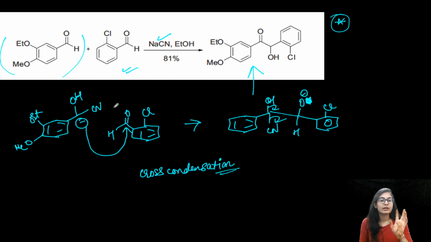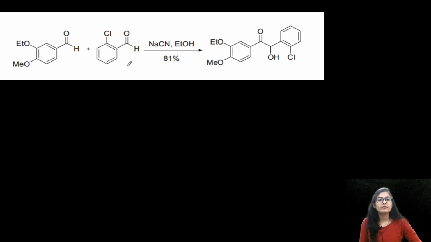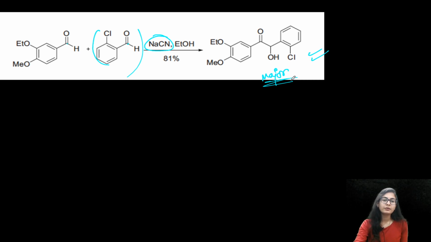If you are doing the same reaction, and if you are taking first of all this aldehyde and the cyanide, then what is going to happen? Then it is going to form the nucleophile, it is going to attack on the second one, right? So if you want this product, one product majorly, you have to direct it by taking the combinations and dividing the reaction stepwise. All right, I hope that it made some sense to you.